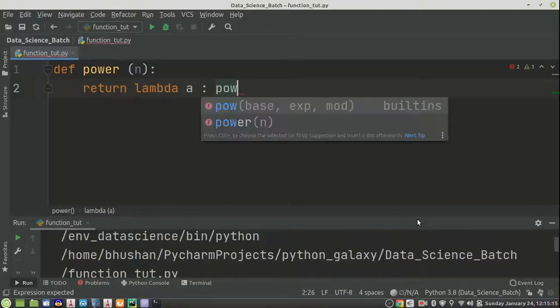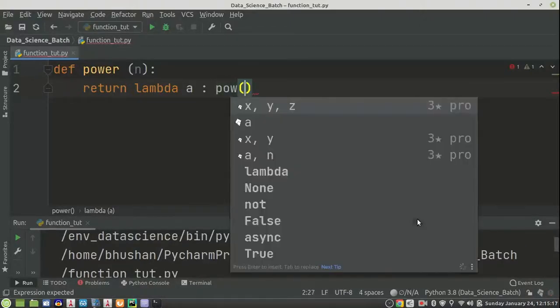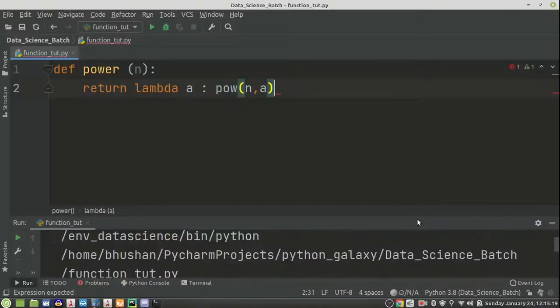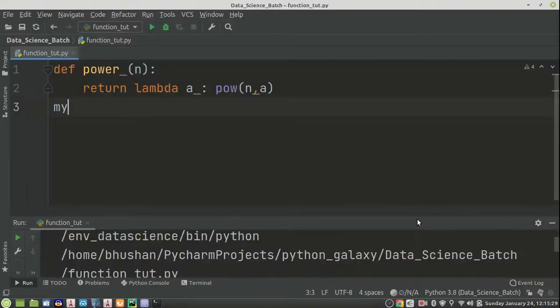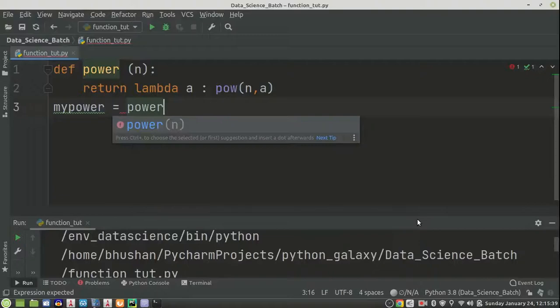So here I will try to return the lambda function. Okay, and now here I will write my_power equals power of 3, so my_power is a variable right now. And then I will try to print my_power.